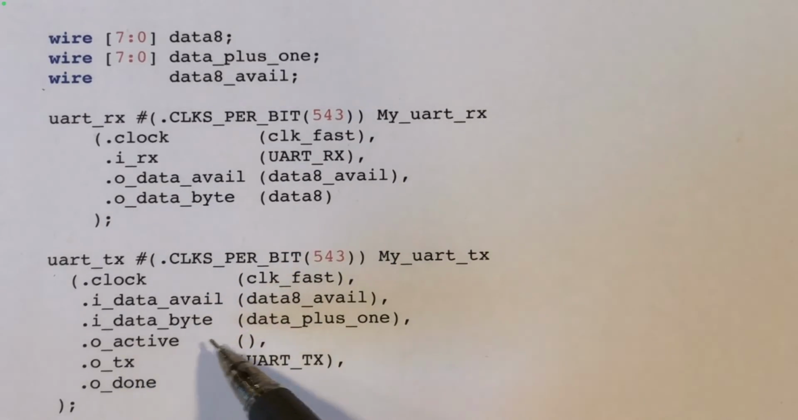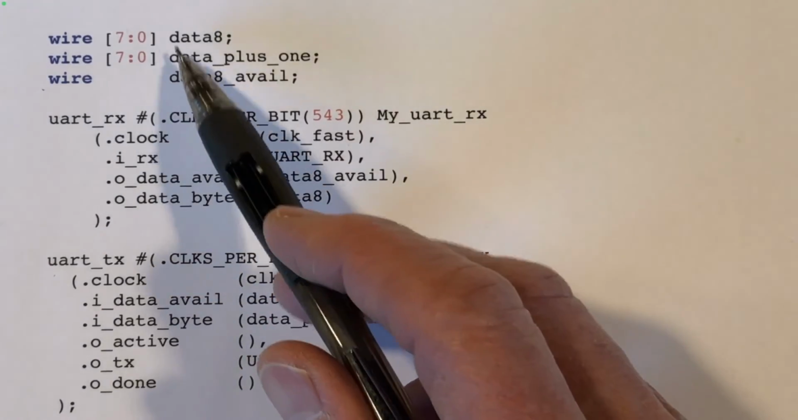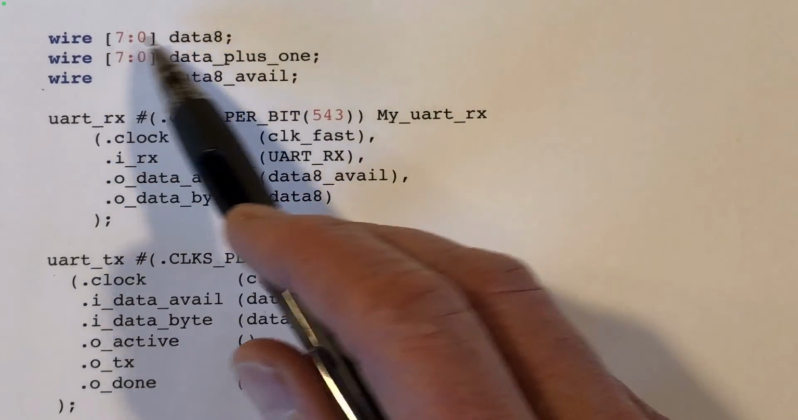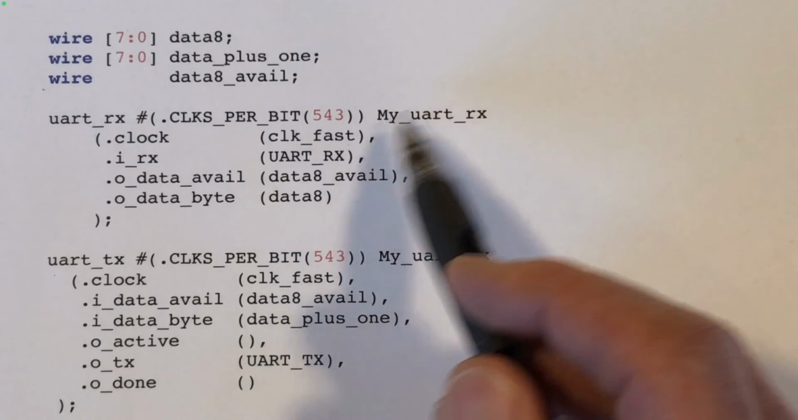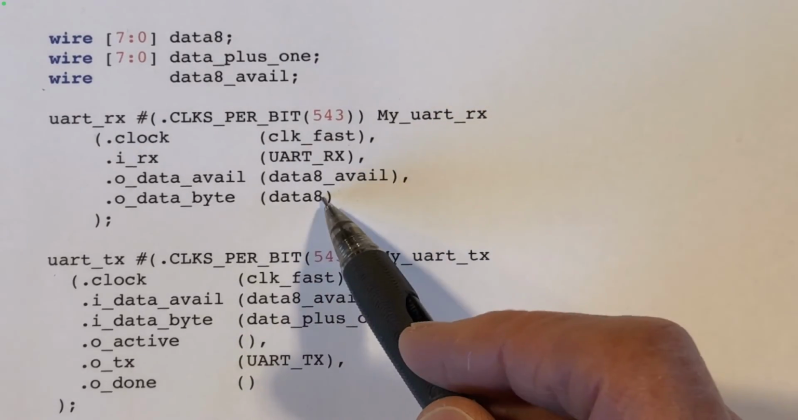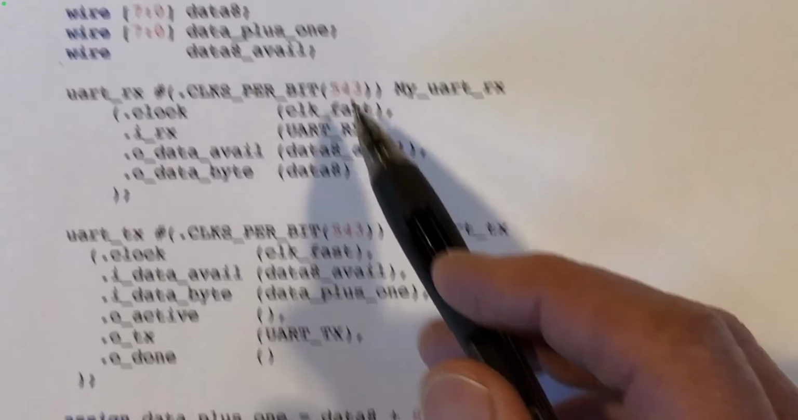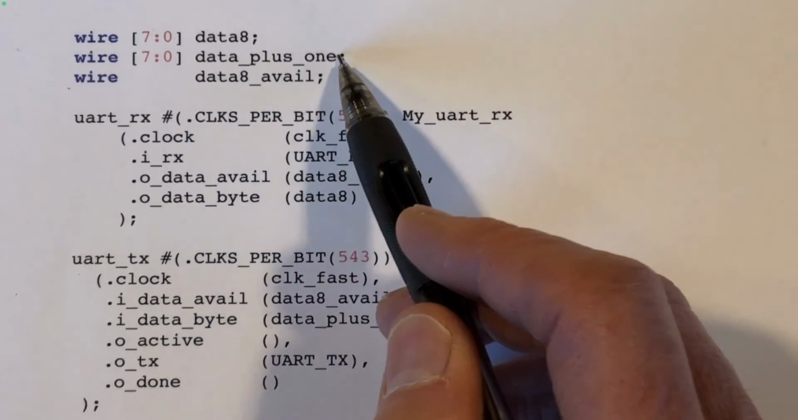I'm not going to be hooking up the outputs called active and done for the transmit. We'll just kind of ignore those, so I haven't provided anything here. And here we have a bus with 8 wires, called data 8. And that is the output from the receive unit. And what we're going to do with data 8, we've also got this other bus called data plus 1, is